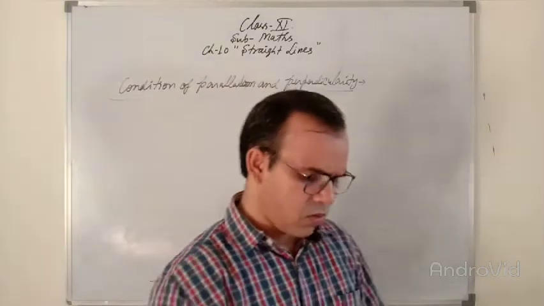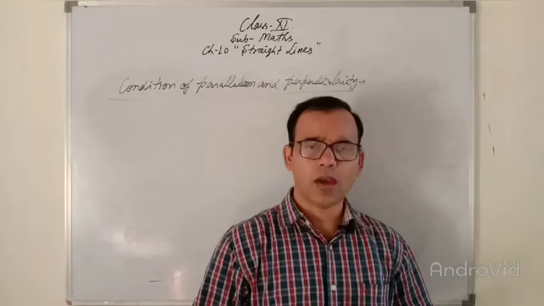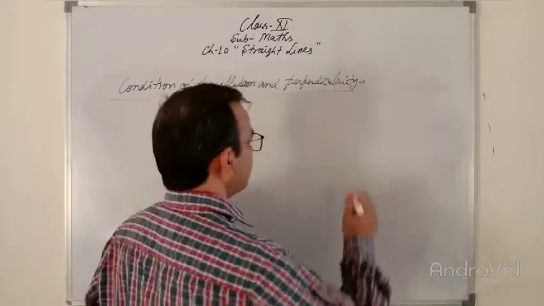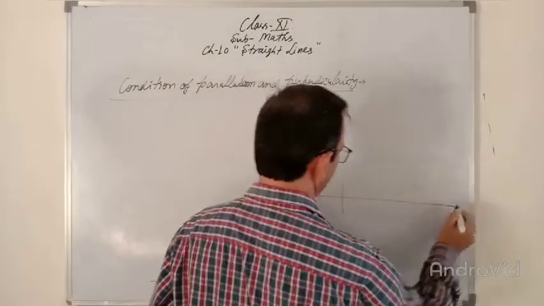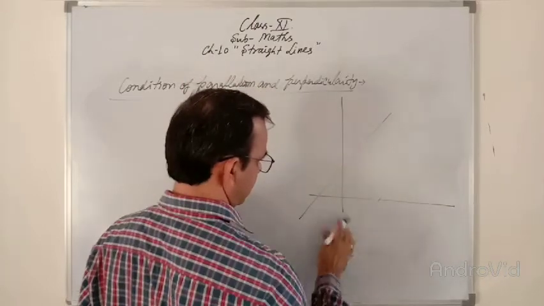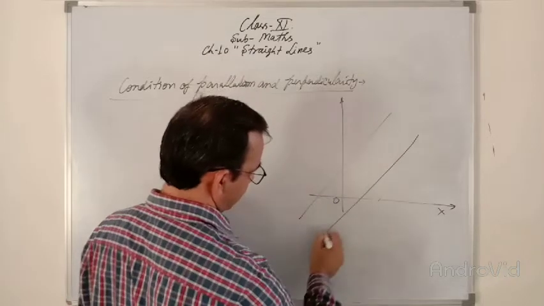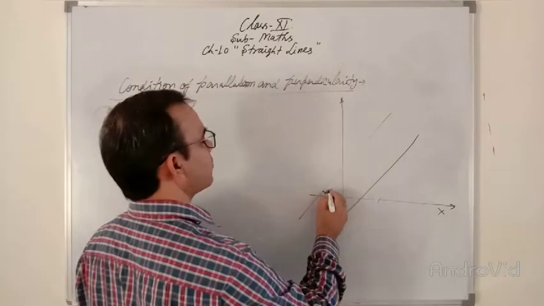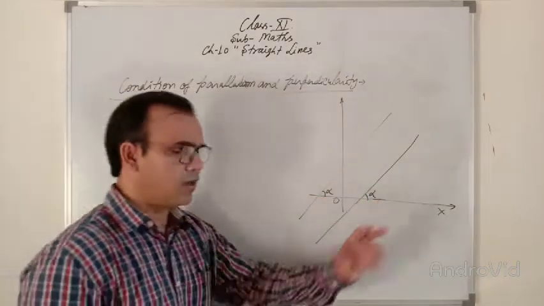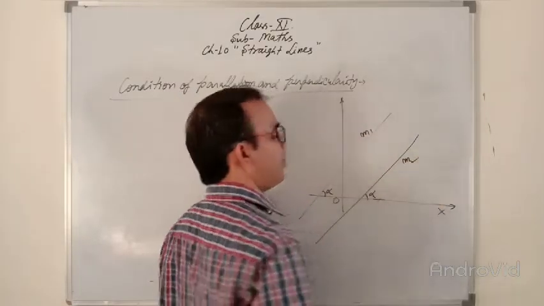It is simple: any two lines that are parallel to each other, it means the angle they make with the x-axis will remain the same. For example, these are the two lines that are parallel to each other. Now you can see that this angle, suppose alpha, then this will also be alpha. Means both corresponding angles will be equal. Means the slope of this line, suppose it is m1, and the slope of this line is m2.